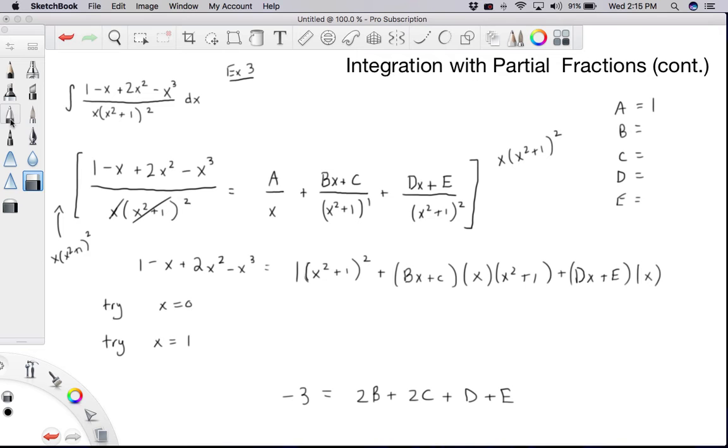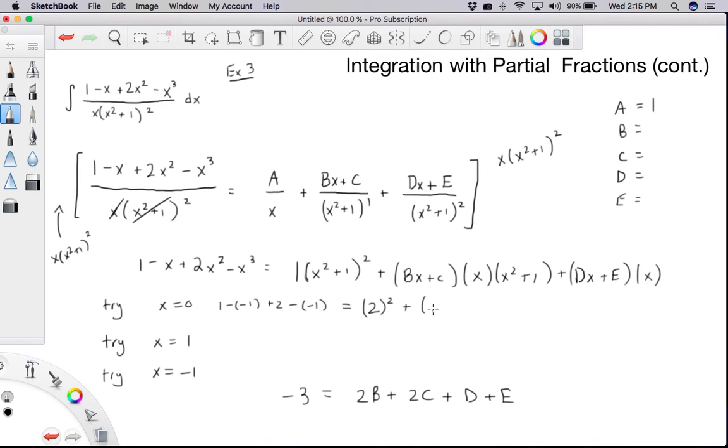Not a big deal. Okay, so we're going to try maybe x equals 2. No, why don't we try x equals negative 1? I think that might be better. Okay, so on the left hand side we're going to get 1 minus negative 1 plus 2 minus negative 1 again is equal to 2 squared